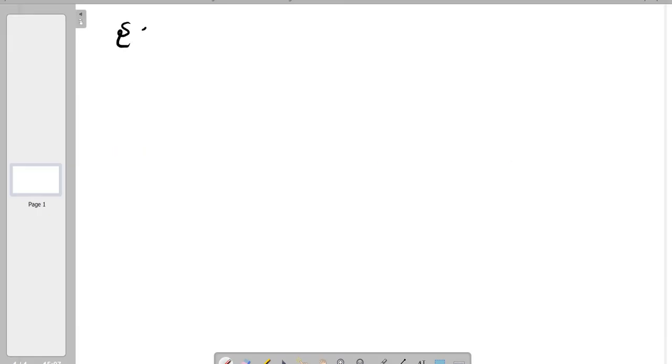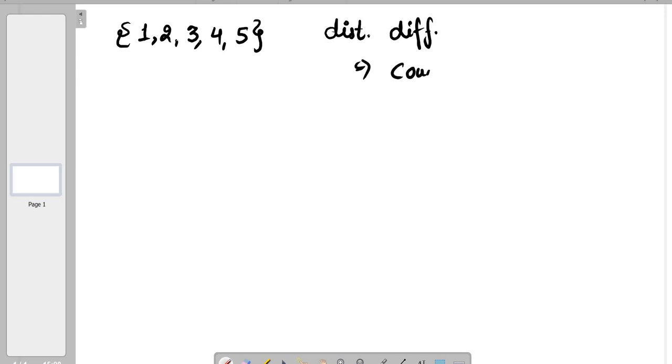So let's say we have an array having elements 1, 2, 3, 4 and 5. And we have to find the distinct difference for each of the index, because we have to find the distinct difference array, right? Distinct difference array means for each index we have to find the distinct difference, which would be equal to count of prefix minus count of suffix, correct?